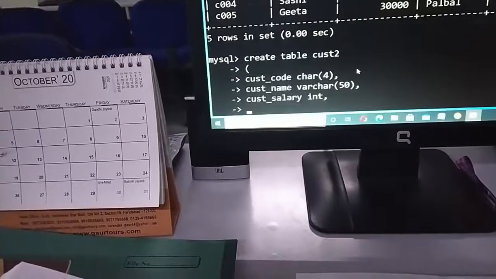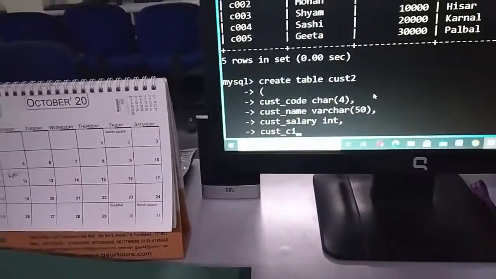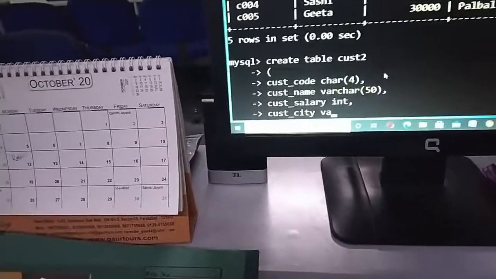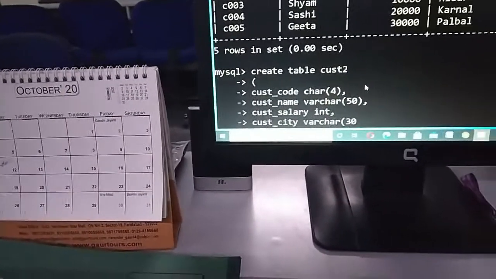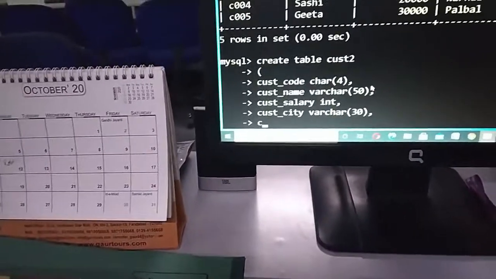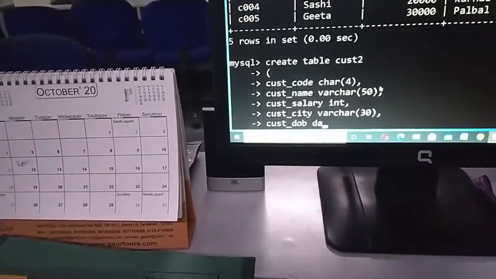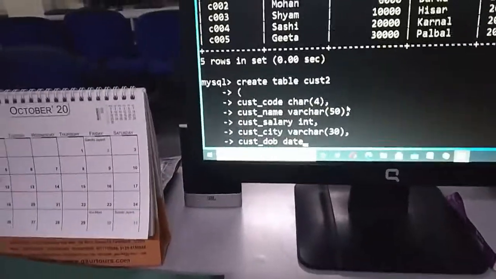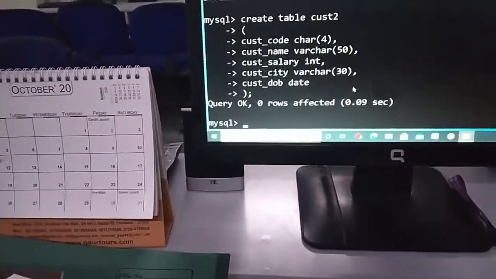Then cust city, cust underscore city, is again varchar, as you all can understand, and 30 or 40, whatever you want to give. And the last is cust dob, it's a date. Since it's the last field, just press enter, close the bracket, and put the semicolon.